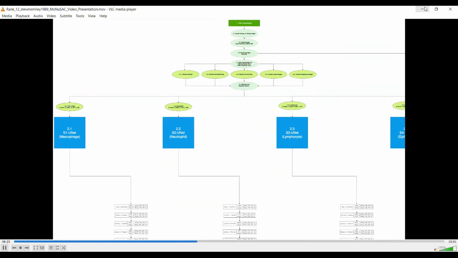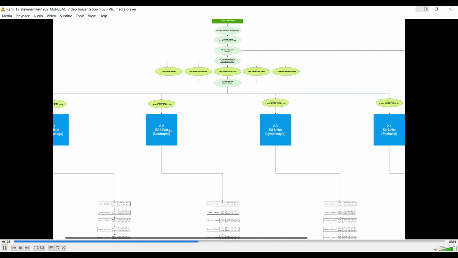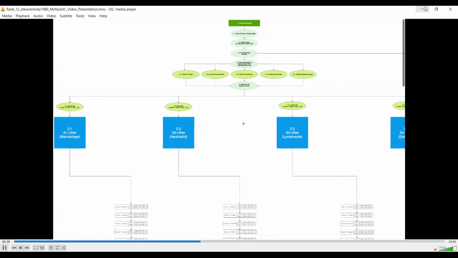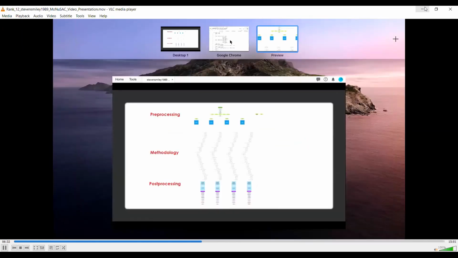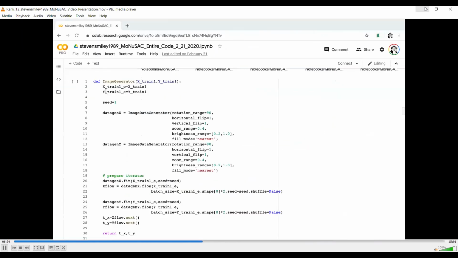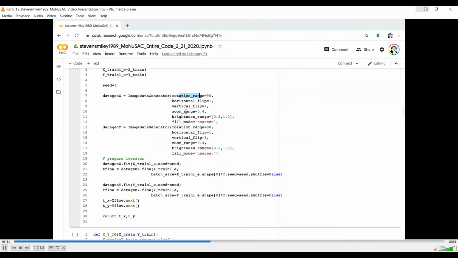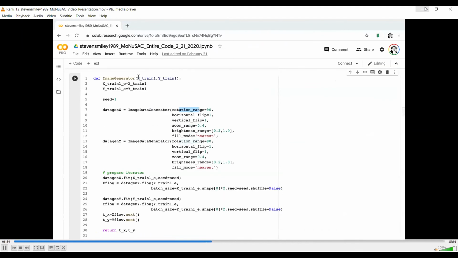And zooming out, each one of those would end up feeding a single U-Net. So this is the data augmentation part. Keras, TensorFlow, they have this function called the ImageDataGenerator, and that allows you to do these random rotations and flips and zooms. I had that specified in this function I defined called image generator.